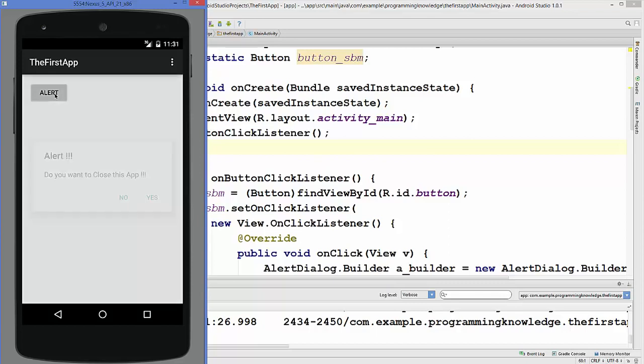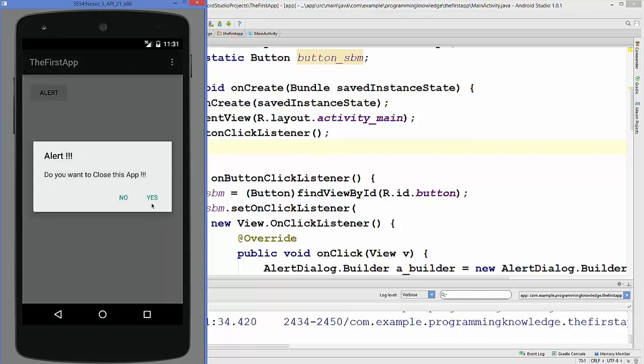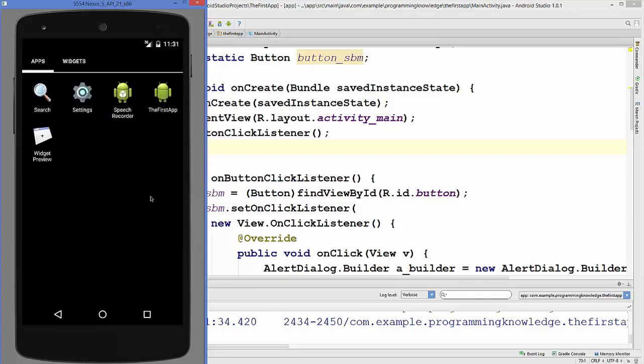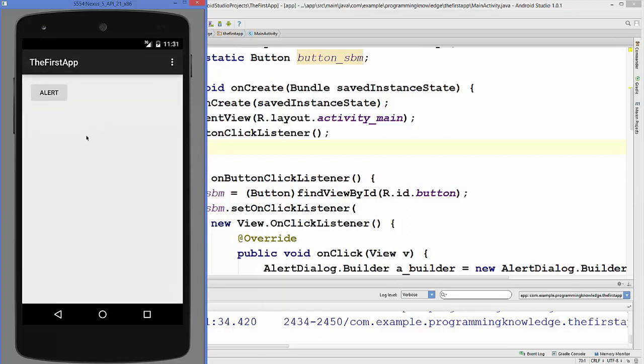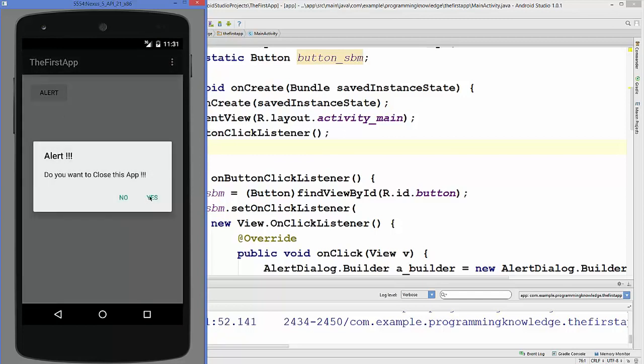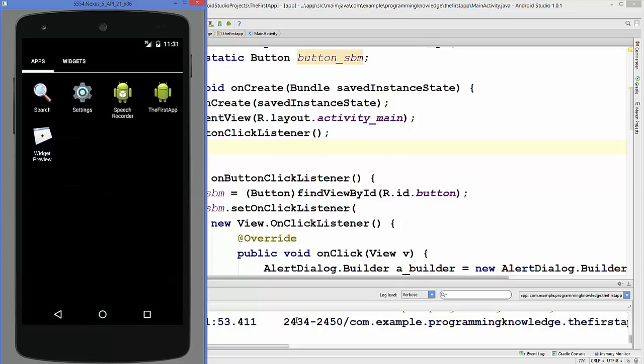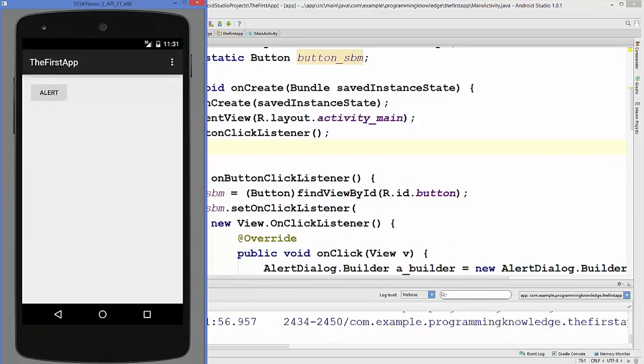Now once again I'm going to open this alert dialog, and this time I will click this yes, and when I click yes, it gracefully closes my app, right? Once again I will start my app, open it, no, nothing happened, it just closes the alert dialog, and yes, it closes my app. So in this way you can use alert dialog in your